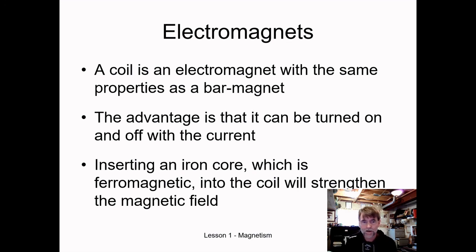Final thought here is we can insert a core inside this coil. And if that core is ferromagnetic, it also has the ability to strengthen the magnetic field. So we have the ability to coil the wire up to strengthen the magnetic field. We have the ability to put more current through that coil to strengthen the magnetic field. We also have the ability to place some ferromagnetic core inside the coil and, again, increase the magnetic field. What happens here, of course, is that when you remove the current, you still have some lingering magnetism from